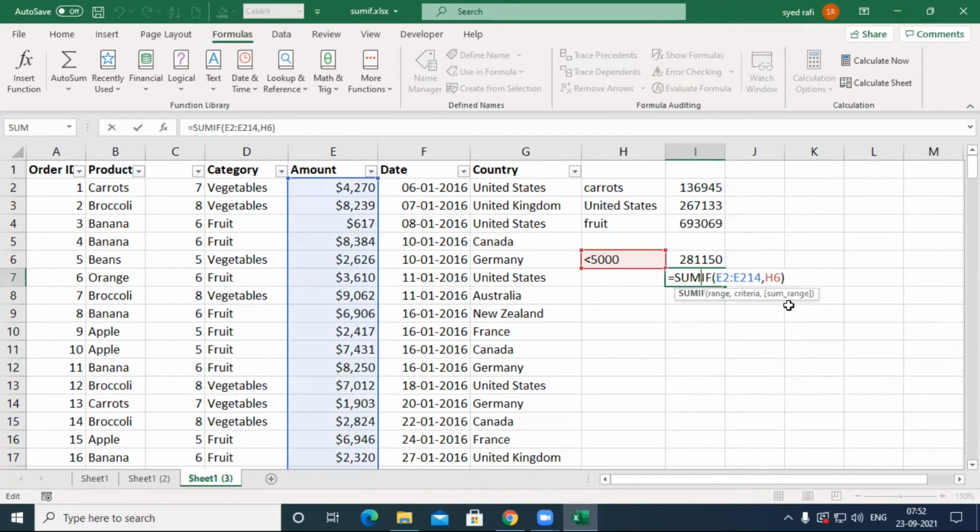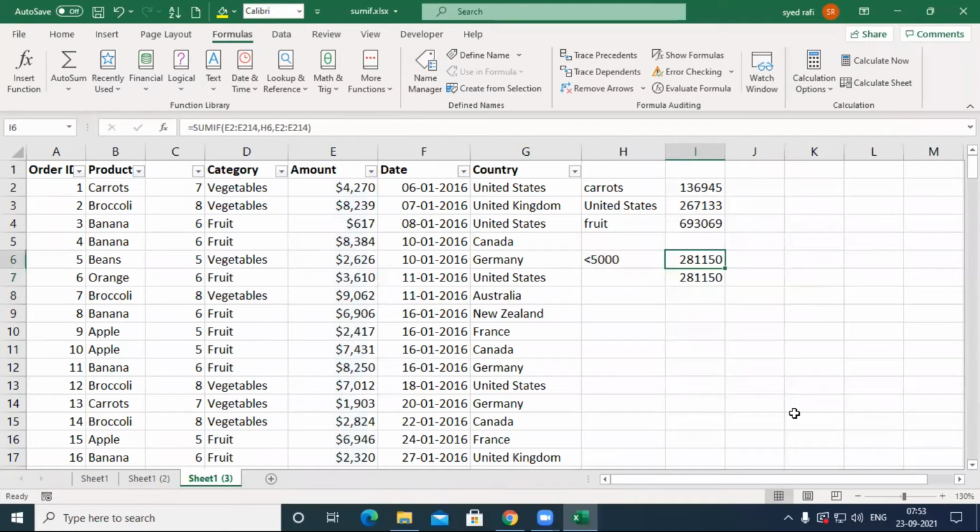Here you may observe the arguments. It displays normally, but the sum range is indicated with square brackets. It means in some situations you may ignore the last argument. In all cases, it is not possible; in some cases only you may ignore. Whenever any function has an argument placed like this, you may ignore it in some situations. What situation may we ignore?